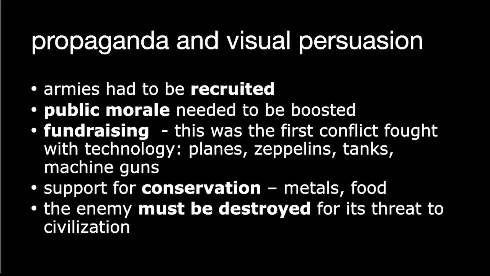It was expensive technology that was being made: planes, zeppelins, tanks, machine guns. So the government needed to fund all of that production through different means, including war bonds, which is basically the government selling a bond so people could buy them and then cash them in later, but it was handing over some temporary money to the government so that they could use it to invest in production. There's support for conservation, so conserving things like metals and rubber and even food, basic natural resources,